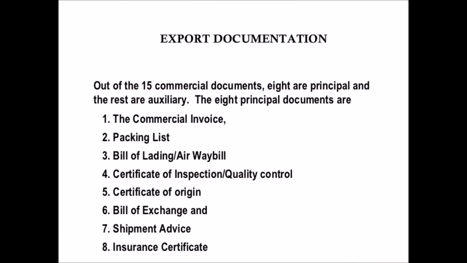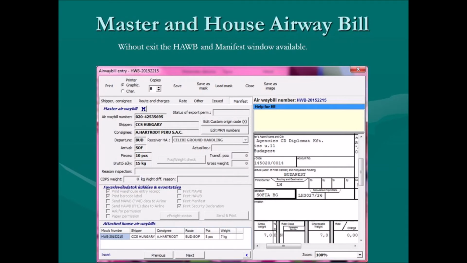What are the shipping documents? For each export or shipment, we need the following documents: invoice or commercial invoice, packing list, certificate of analysis for each batch, airway bill, which we call AWB, for air shipments, and bill of lading, which we call BL, for sea shipments. Regarding airway bill, we have two airway bills: house airway bill and master airway bill. What is house airway bill and what is master airway bill, we will discuss in detail in next parts.